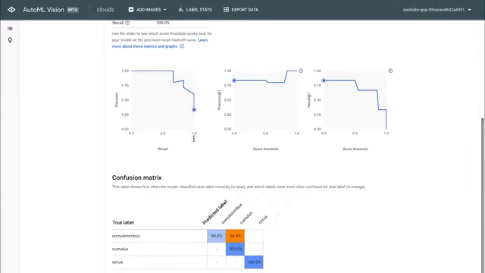We can also break down our results further with a confusion matrix. This tells us the extent to which the model is confused, the extent to which it thinks an image is one thing when it's in fact another. And what you want to see is a model that has most of its decision-making mass along the diagonal. That is, it recognizes images for what they are. In this case, it's able to recognize all the cirrus and all the cumulus images, but struggles a little bit on the cumulonimbus because it thinks some of them are cumulus.